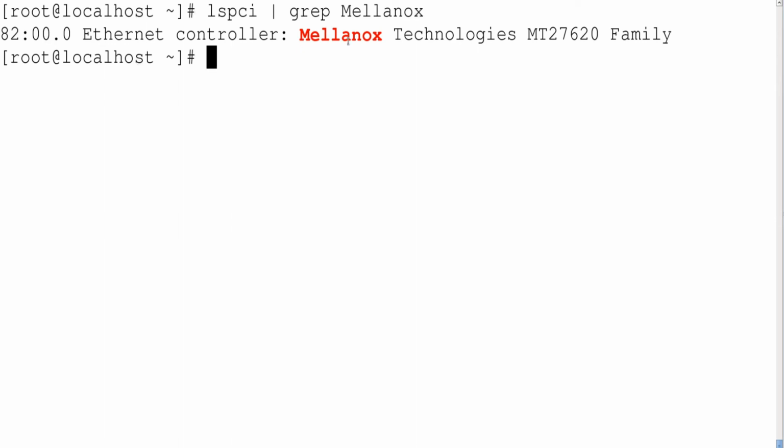But this information is not enough. We want to see the width where it is attached. Now to get more details, this is the slot number where our Mellanox card is attached. So what I have to do, lspci -s, where -s stands for slot number. So this is the slot number where we have connected our Mellanox card. Then I will add -vvv. But if I press enter here, it will print all the details. So instead of getting all the details, let me type grep again, then width.